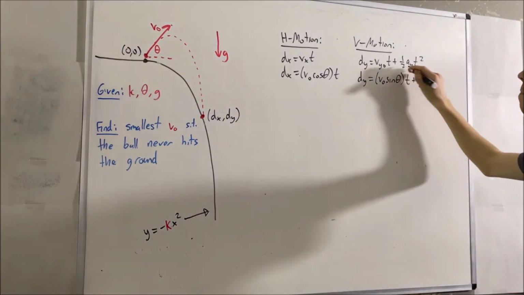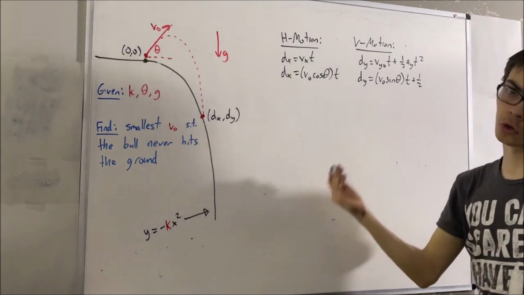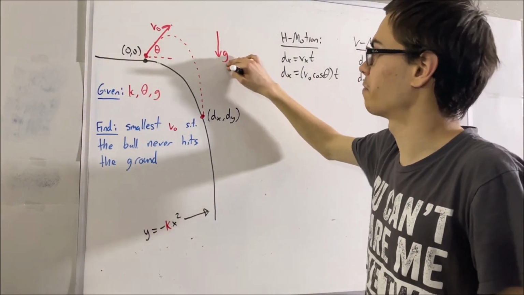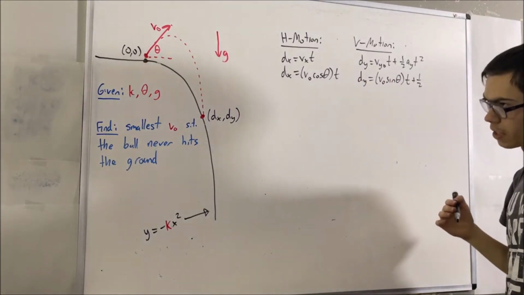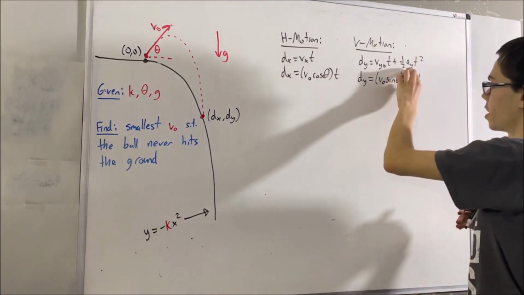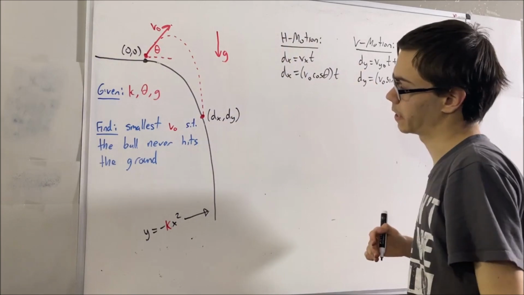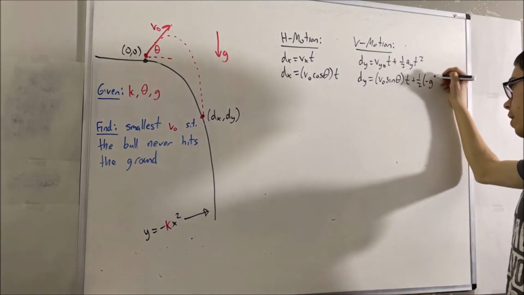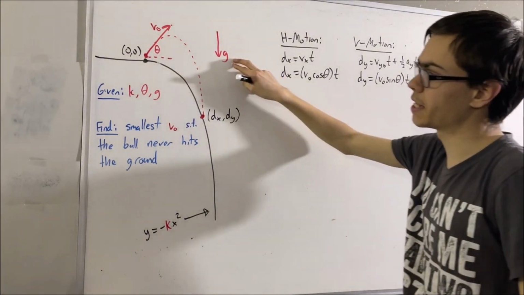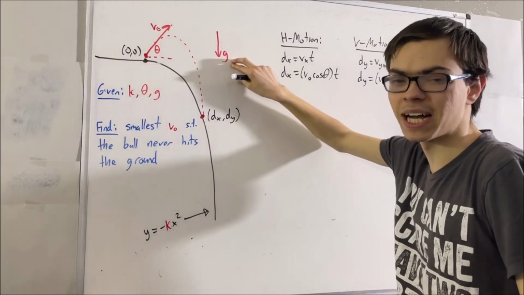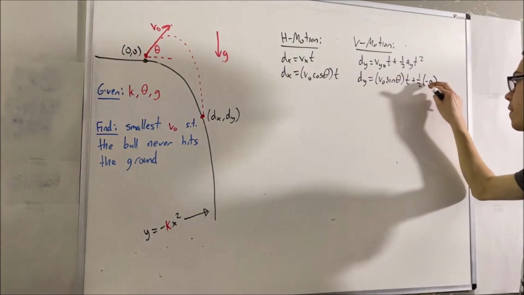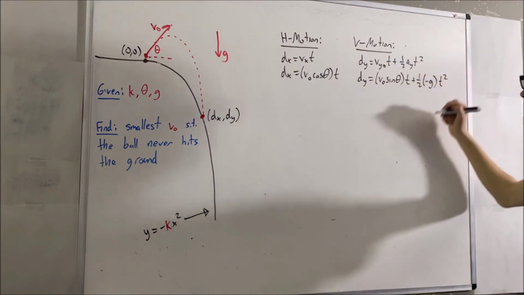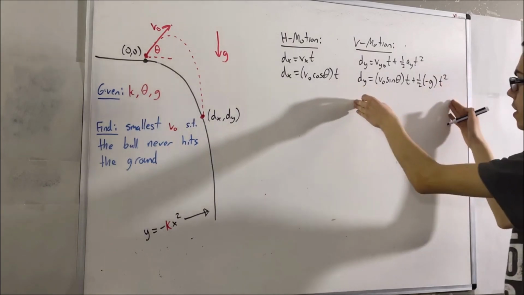As for ay, it represents the vertical acceleration, or for our purposes, just the acceleration, right? The acceleration due to gravity. But you have to be careful, because since the acceleration is pointing downward, it has to be negative. Therefore, we have to put a negative sign in front of g, right? Because inherently g is a positive number, right? g is positive 9.8, so we have to put a negative sign in front of it, so that assures us that our acceleration is negative. And so this is what we have now. And I can rewrite this as